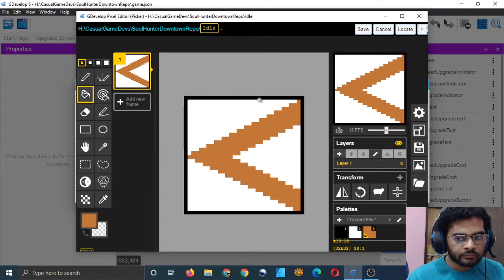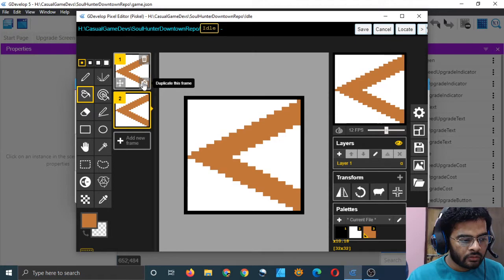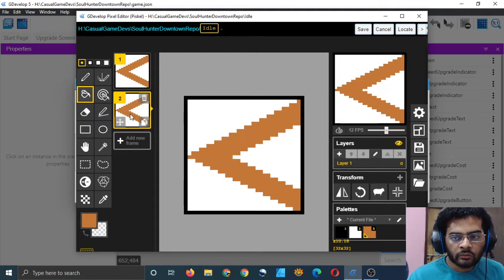And now, one thing which is very important to know here: if you duplicate this, then you have two of them, right? But you may think that the second one is the newer one, the newer file and the previous one is the older file, but that's not what Piskel does.